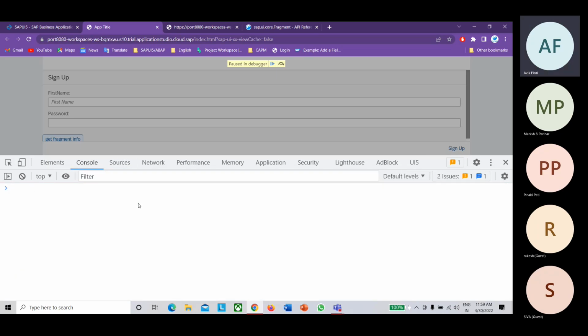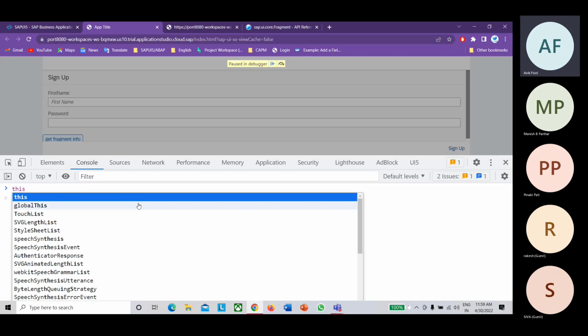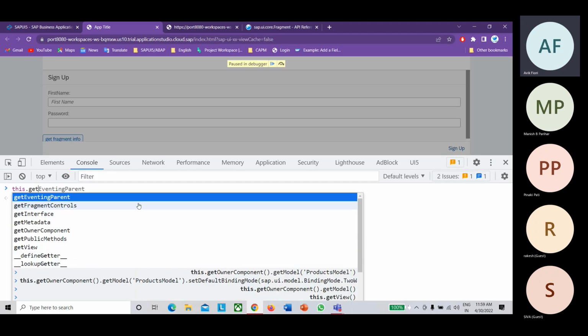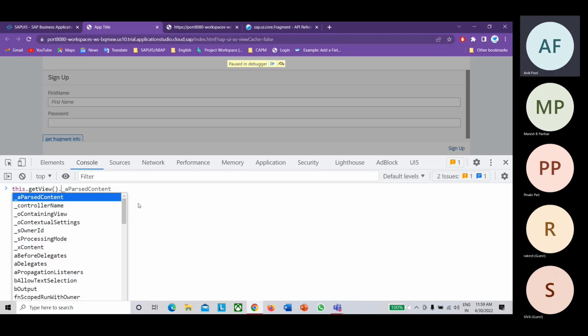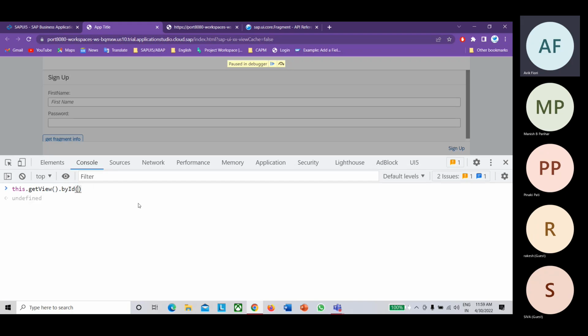So if I'm writing this, how do we get the ID? For getting the ID, we write this.getView().byId. This is the way we do it. If I provide the ID, we will get it. Why? Because we have defined the fragment properly. We didn't provide any ID to the fragment file, so by default whatever ID is there, it's taking by default. If you see, it's taking the prefix of the registration page view.xml file, and after that the ID of the input field, which is right only.